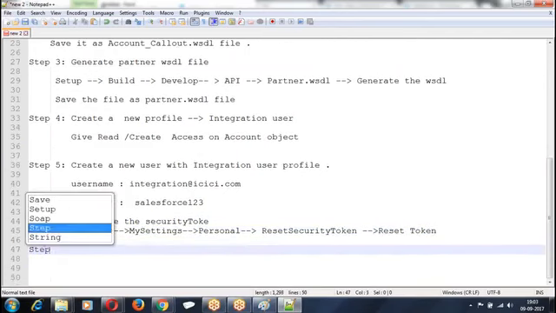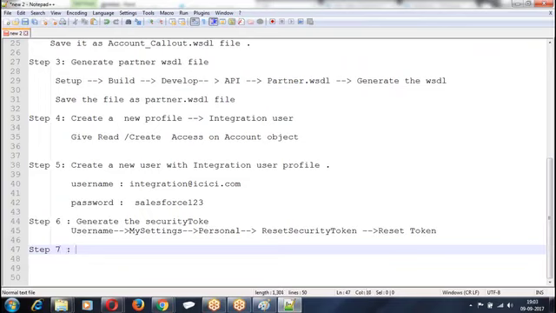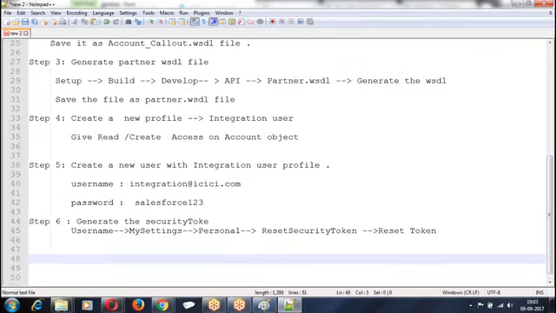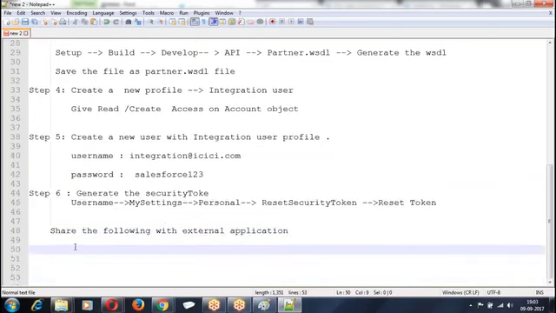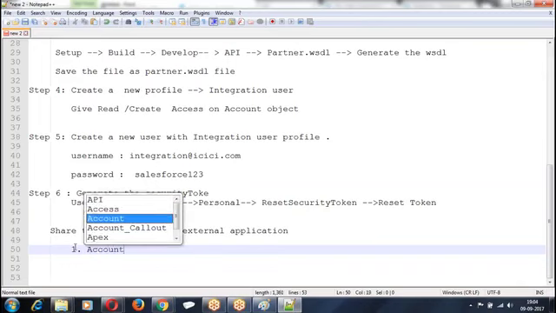Then once you are done with this, share the following. What is that? What are the things you are going to share? One is